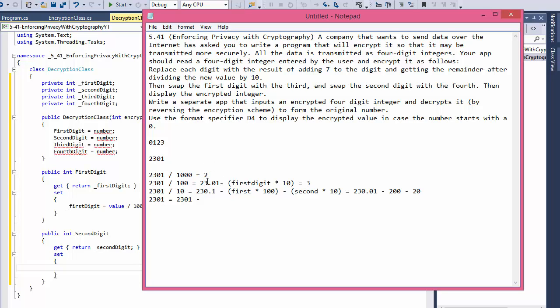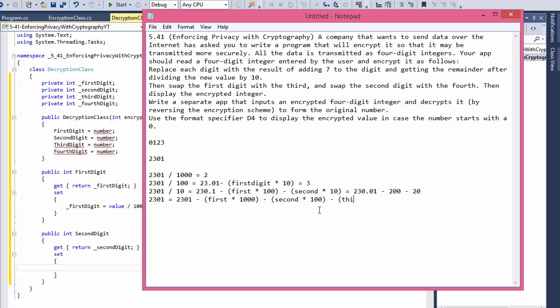So again, we take the first number, this time multiplied by 1000, that will give us 2000, minus our second multiplied by 100, which will give us 3 times 100 is 300, and minus the last one,